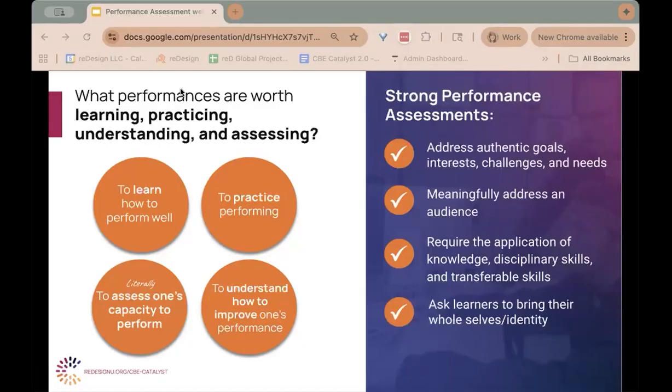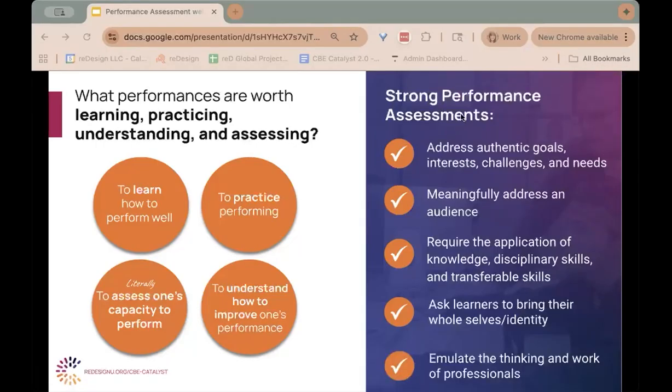Strong performance assessments don't rely on a single dominant narrative. They invite learners' cultures, experiences, backgrounds, and full identities into the work. Because when students can connect who they are to what they are learning, their insights deepen and their learning becomes more authentic.